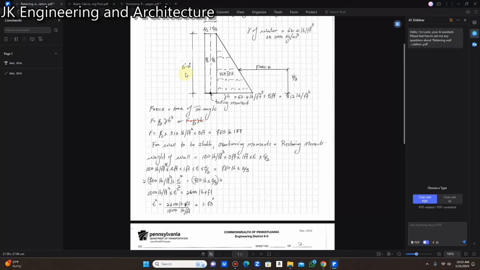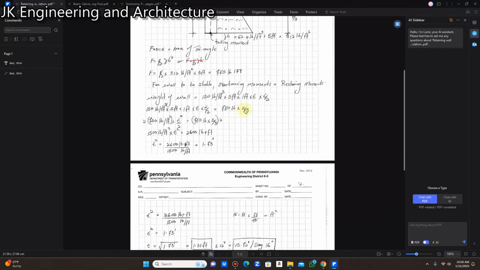So the center of gravity of a triangle is the height divided by 3, right? So the force is going to be that 780 pounds times the height of the wall, which is 5, divided by 3, right? 1/3 height. That's the resultant force acting on the wall, right? So it's going to be 780 times 5 over 3, right? And that works out to be